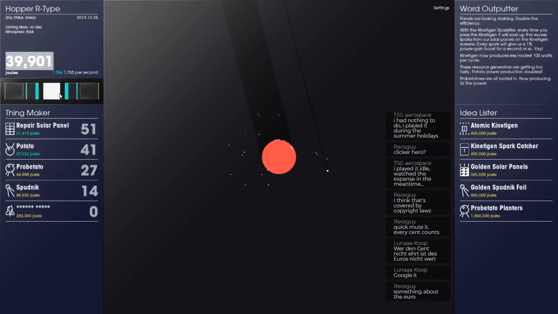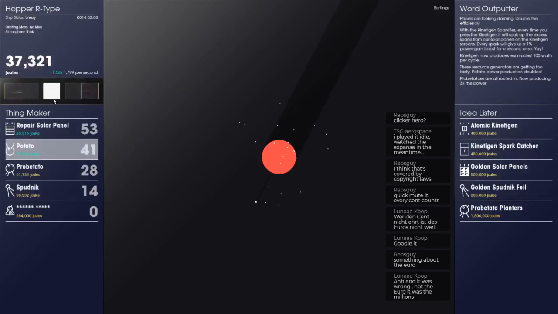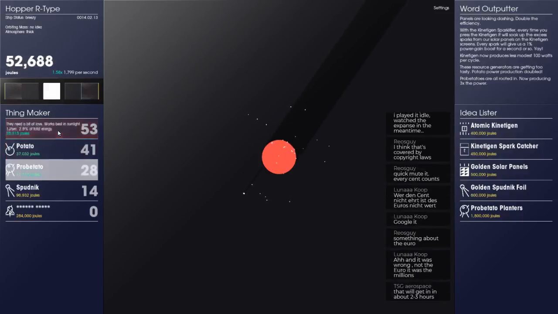The clicks are getting real. Okay, more solar panels, if we could, please. I mean, those points, they're important. Not the euro, it was the millions. I mean, yeah, good enough. To be fair, that saying still holds. It's still logically sound, you know. One of those, looking good. Got to get those multipliers going. I don't know what the system is. I'm trying to figure it out.